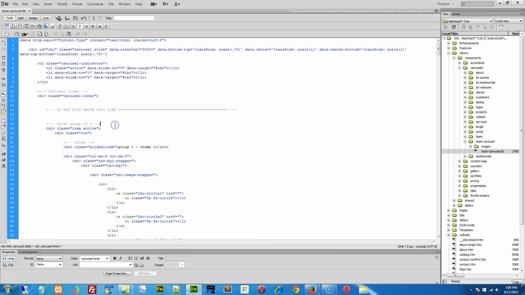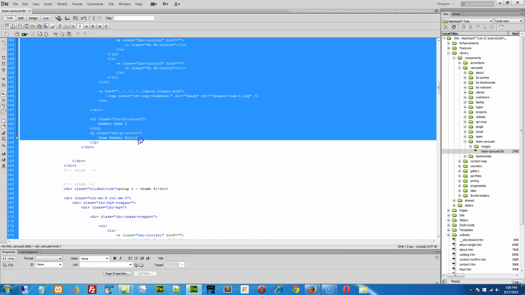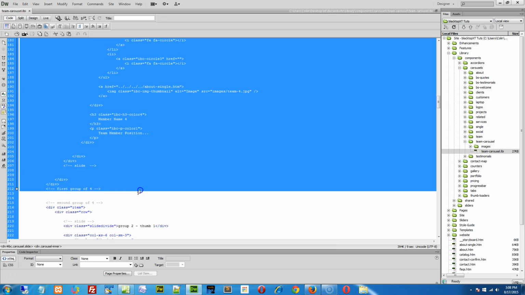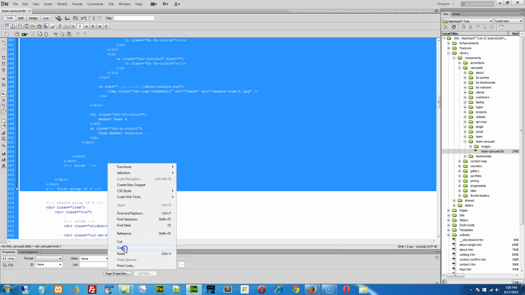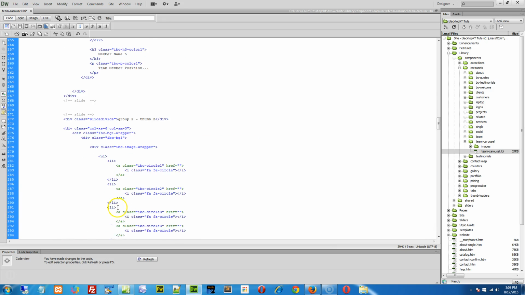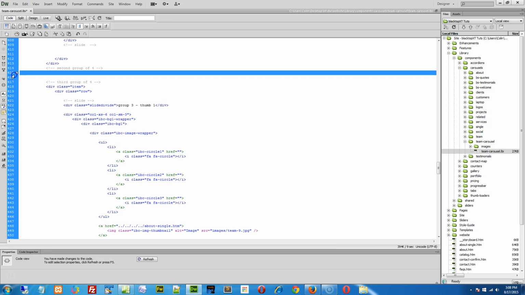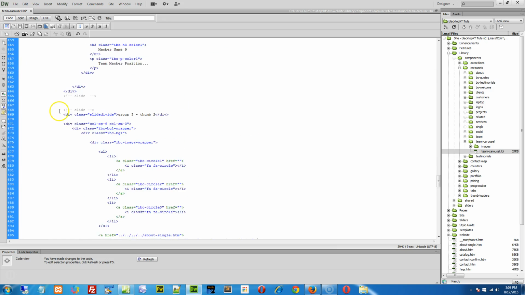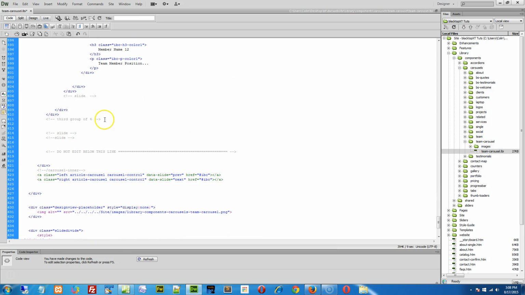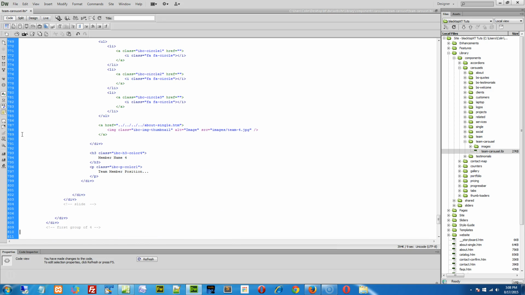All right, so if you want to add another group of images, simply where it says first group of 4, you'll need to grab that, copy all the way down to and including the comment tag here, and you see where it ends with first group of 4. You would copy this entire chunk of code here, and then you would paste it between the first and the second group, or the second and third group. I'll show you down here, we have a second to third group. You could copy the code in there to create another group, or find the ending of that third group, scroll all the way to the bottom, there's the third group, right? You could make some space and paste in another group, so now you have a total of 16